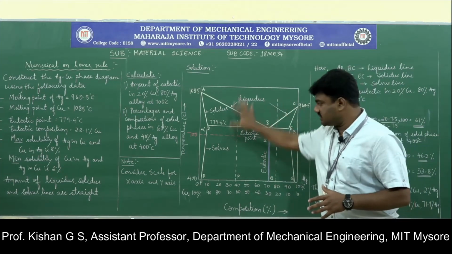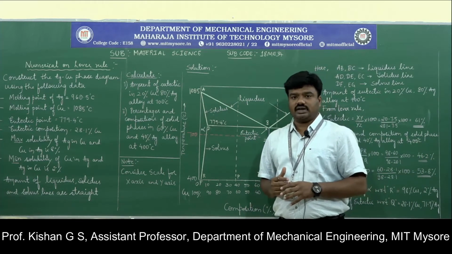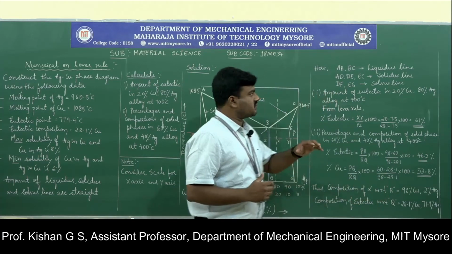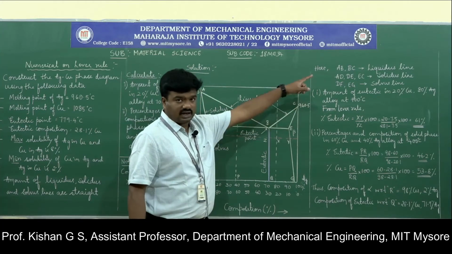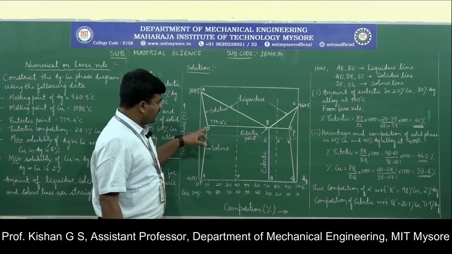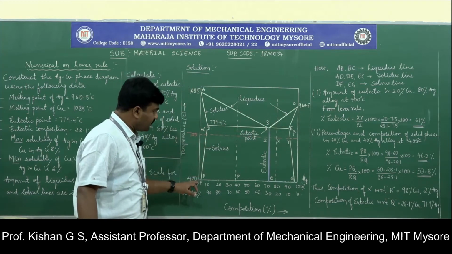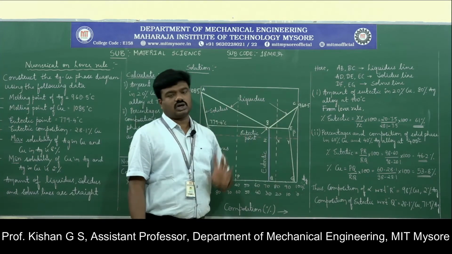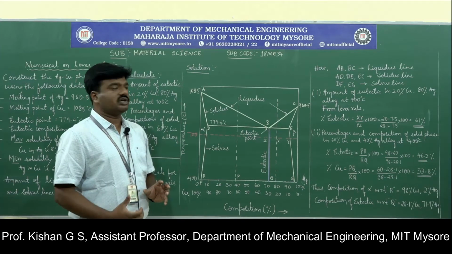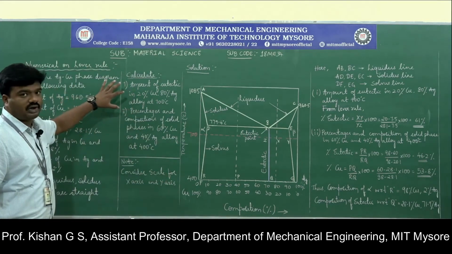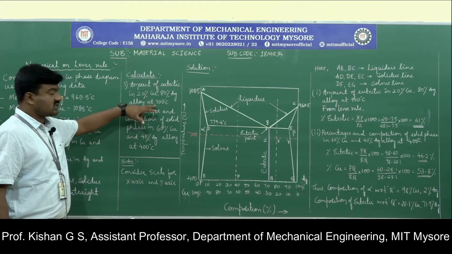Once this is done, we are going to calculate the two parameters which are to be taken into account. So you can just observe here what we have represented. AB and BC are the liquidus line, AD, DE and EC become the solidus line, and DF and EG become the solvus line. This is according to the constructional data. Now we are supposed to identify two parameters. One is the amount of eutectic in 20% copper and 80% silver at 700 degrees Celsius.